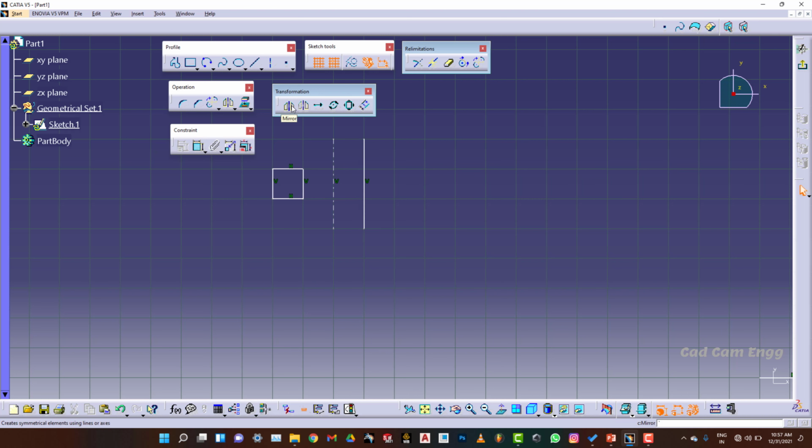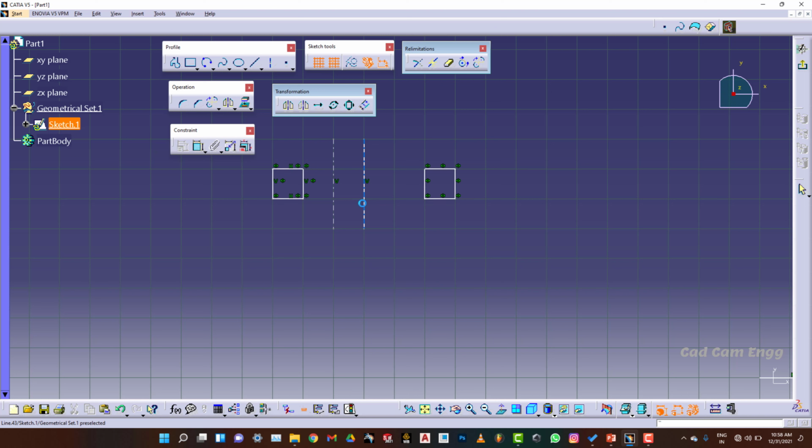So I want to select mirror first. Sorry, first I have to select the mirror tool. After that I have to select the object which I have to mirror, and then you have to select the center point for mirroring, or the mirror point.